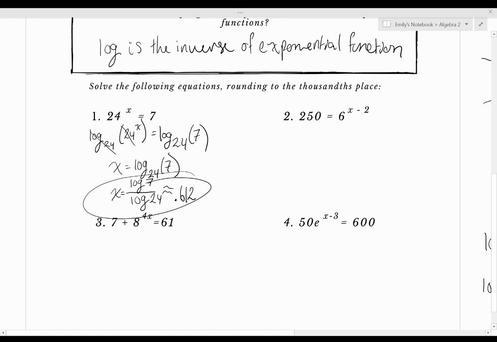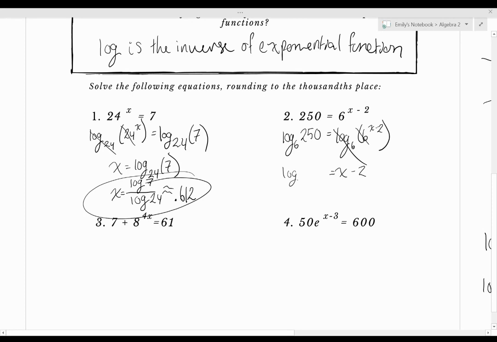Now let's move on to number 2. Again, there's no coefficient out front, and there's no constant in the larger term, not in the exponent. So we're going to do the same thing, take a log. What I do to one side, I'm going to do to the other. So we're going to take log base 6 of 250 equals log base 6 of our 6 to the x minus 2 power. Now, because they're inverse operations, we can cancel these, and it's going to become x minus 2